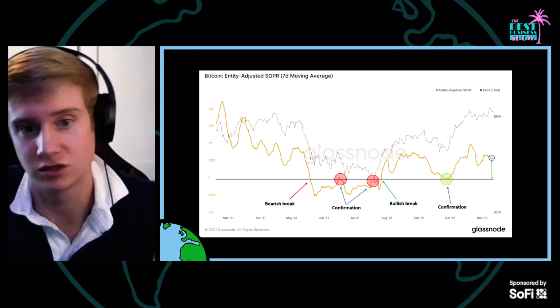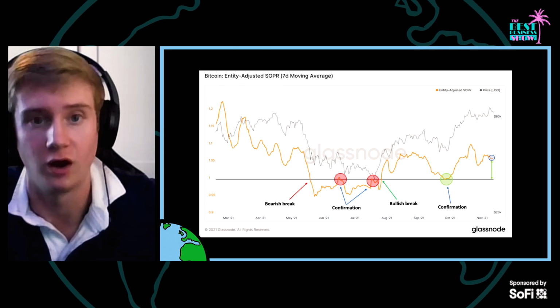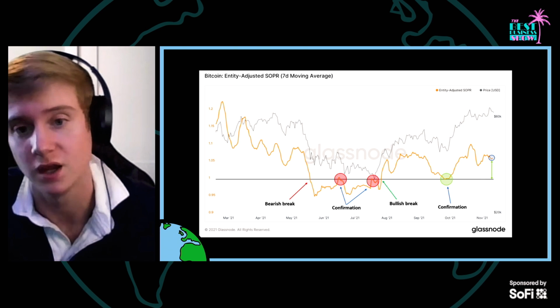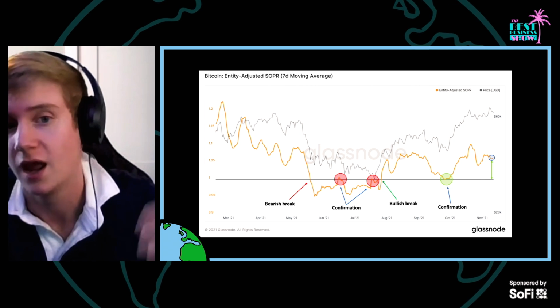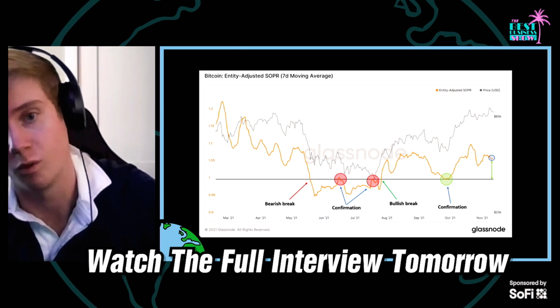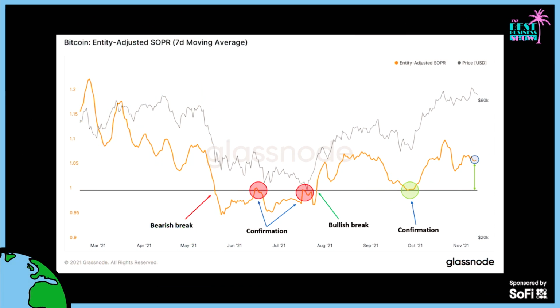Above that, the market's trading in a state of profit. Below, it's trading in a net state of loss. And so what you want to see in bullish trends is coming back down and bouncing off that one threshold on any kind of major correction. In bearish trends, what you're looking for is a failed retest from the underside of one. And so what you'll see is, you can't see this on the chart, but we bounced off one in September